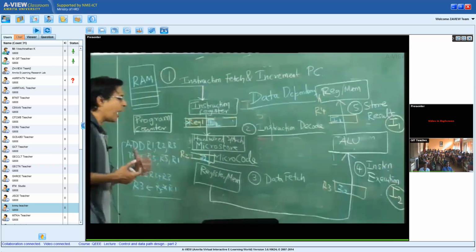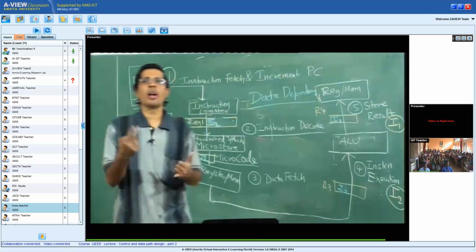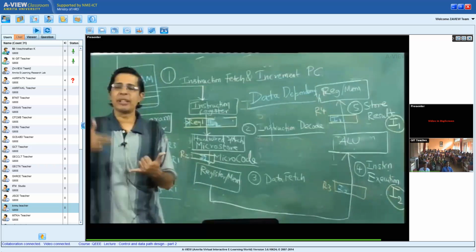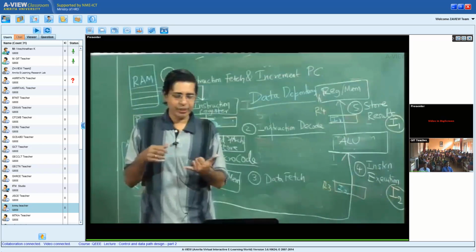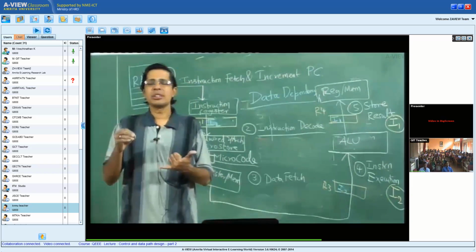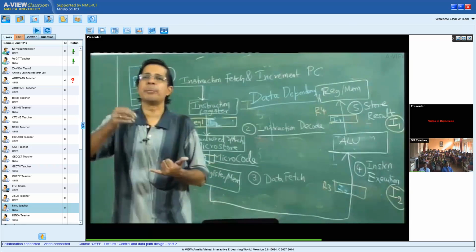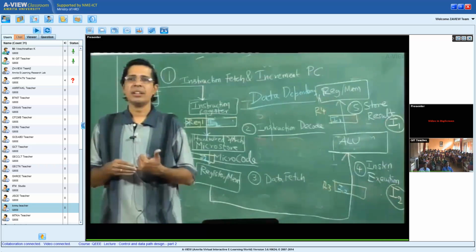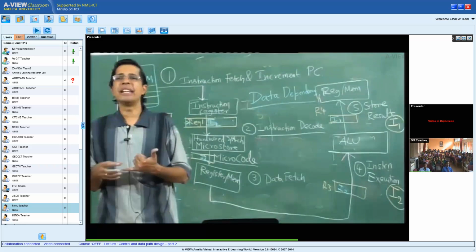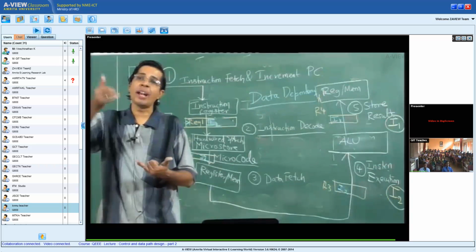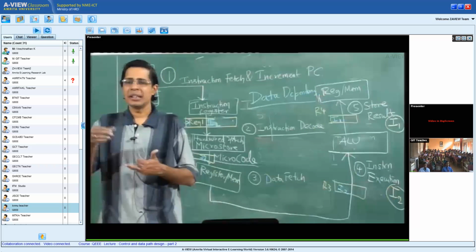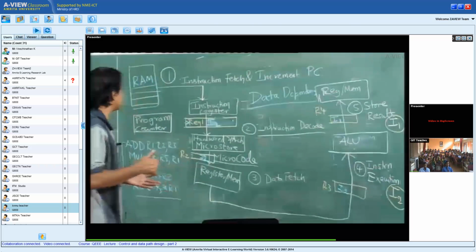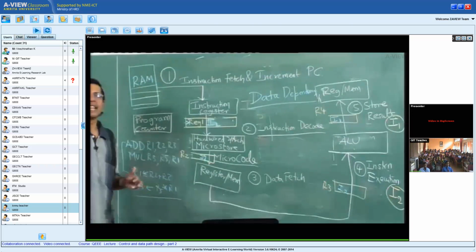So for me to access memory, there are 2 steps involved. One is I have to establish a contact with the memory, a path from the memory to the processor, and then transfer data. The time required to establish a contact with the memory, to establish a path from the memory, is called latency. The time required is termed as memory latency. After that I go and transfer data from the memory to the main processor. Now every time I am fetching the data, for example I am fetching I1, there is a latency involved.